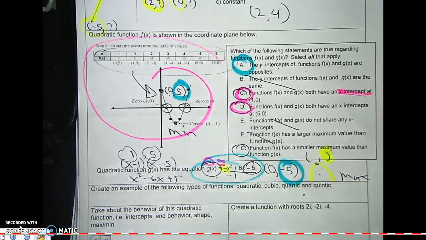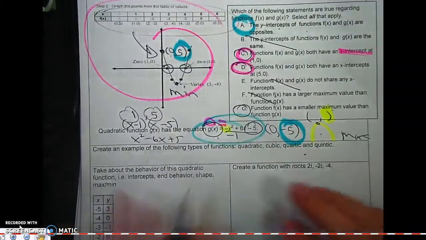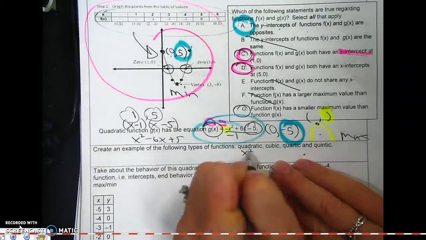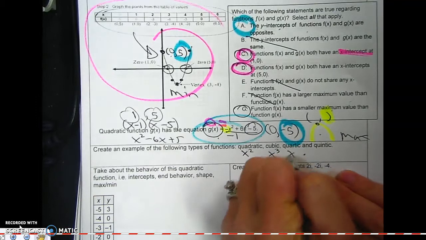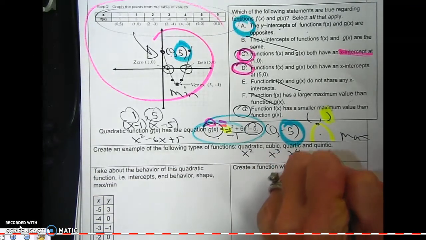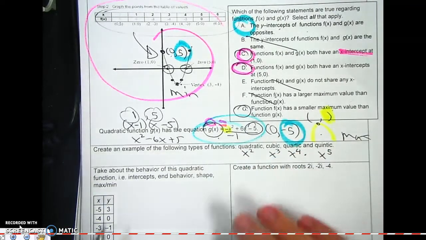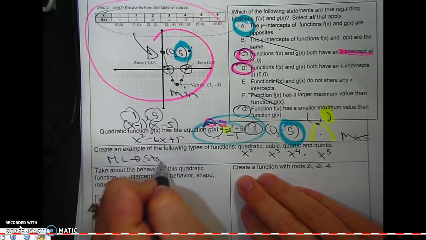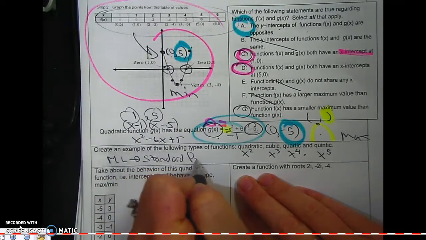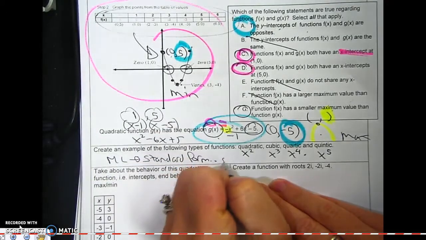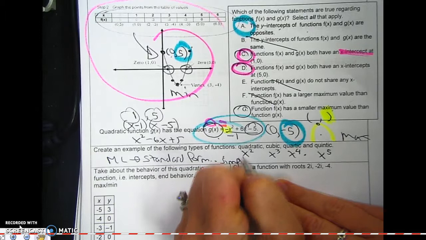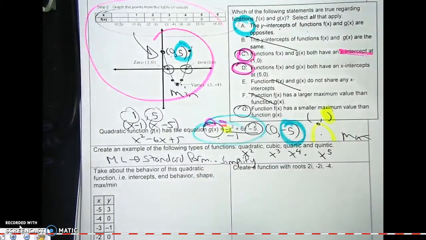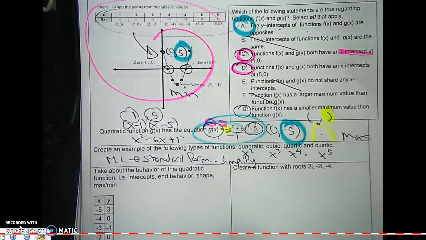Okay? All right. Create an example of each of these. A quadratic means squared. A cubic means x cubed. A quartic means x to the 4th. And a quintic means x to the 5th. Make sure when you're looking at my multiple choice options that it's in standard form, and check to see if you can simplify. Okay, so that's a multiple choice where I'm going to ask for one of them and circle all the ones